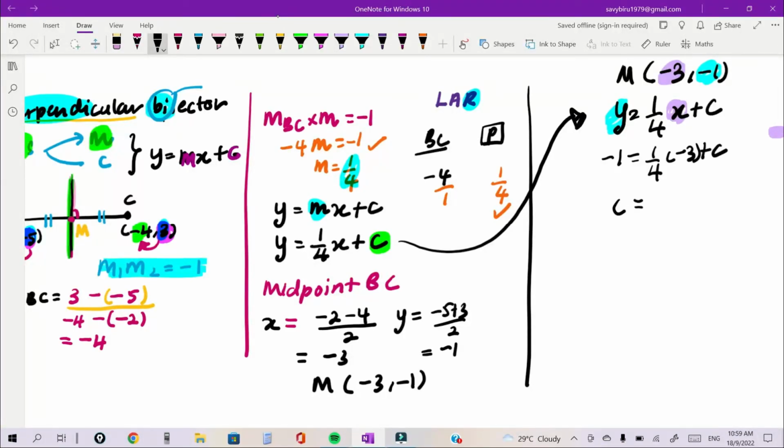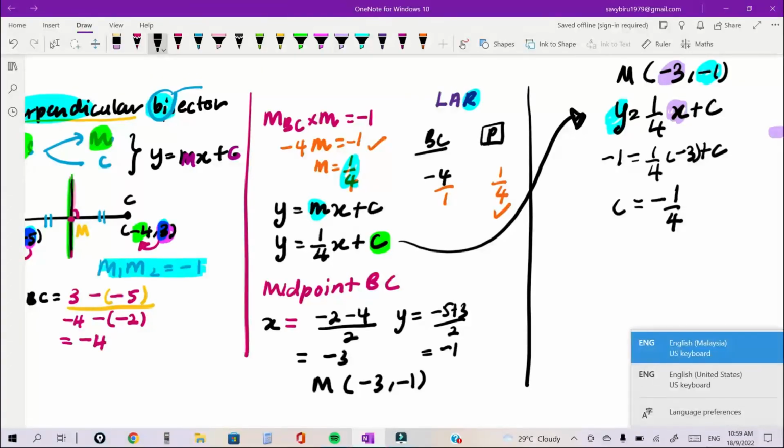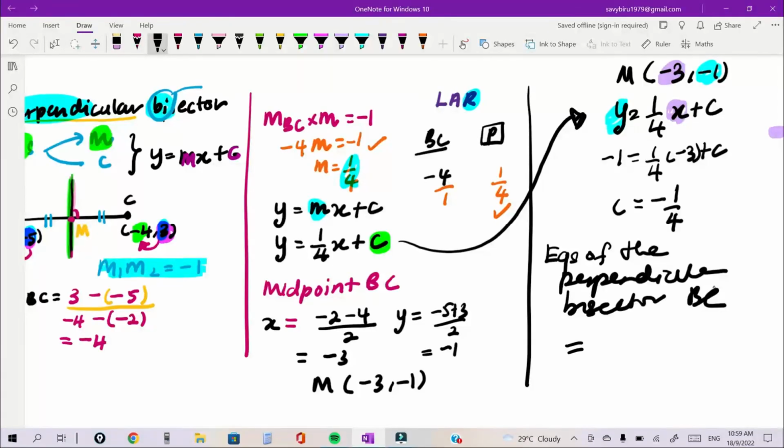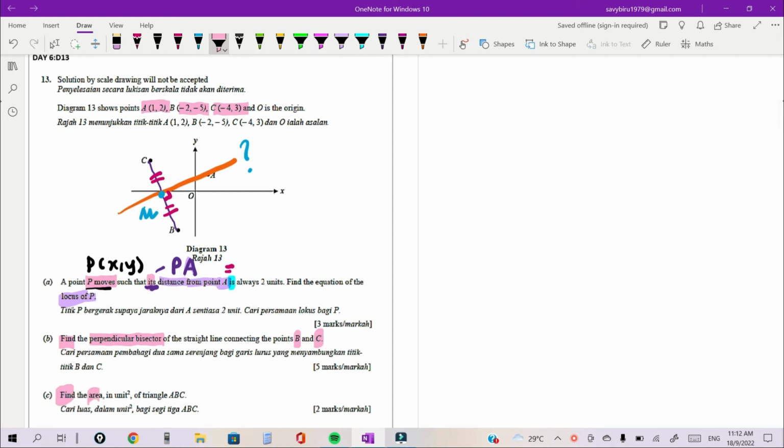Now press your calculator. -1 plus 3/4, you get -1/4. So the equation of the perpendicular bisector of BC is given by y equals mx plus c, where m is 1/4, and just now the value of c is -1/4. Done. The last part of the question asks you to find the area of triangle ABC, where the point A